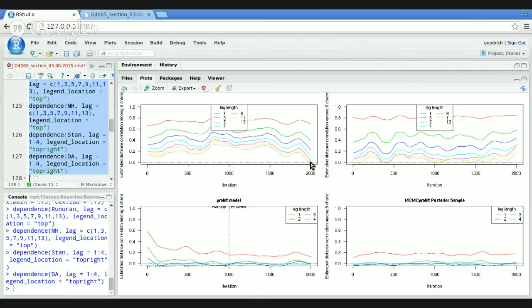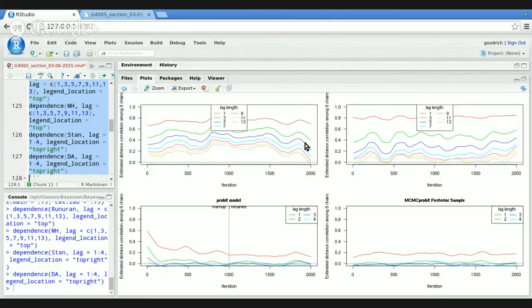But if you can't find a lag length such that the estimated distance correlation gets near 0 and stays near 0 for the entire post burn-in period, then you can't really do the test that we talked about on Thursday, and we'll see an example of next, to test the null hypothesis that all the chains have the same distribution, because there is still dependence within each chain that's going to violate the assumption of the permutation test that the draws are independent within chains. So this is an example of the R-Uneron approach to Gibbs sampling not yielding great performance even on a relatively